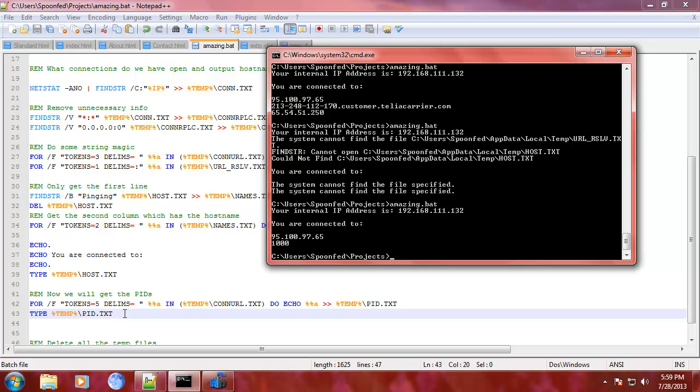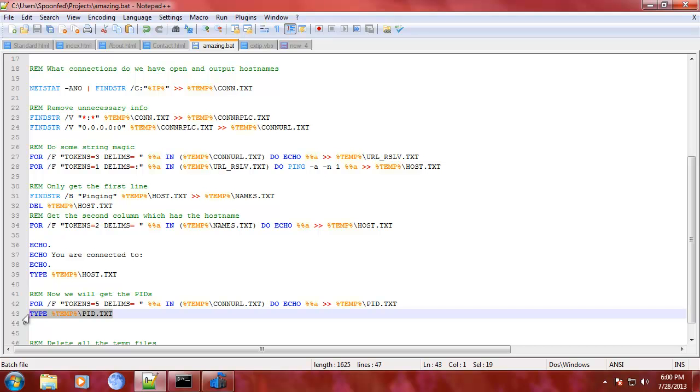I'm using here another string manipulation on the PID list, but I'm looking at it and I don't find it necessary, so I'm going to remove that one. Let's see, yeah, we are going to sort the list. That's what I wanted to do. We'll call this pid, no percentage there, pid.txt, and we're going to output the file into a